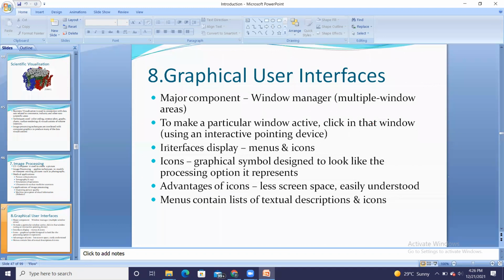So here we are going to see different GUIs, or the design of GUI by making use of computer graphics.